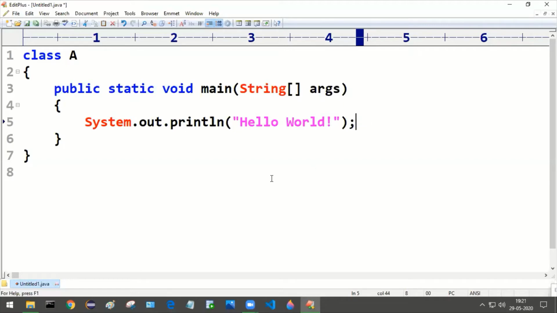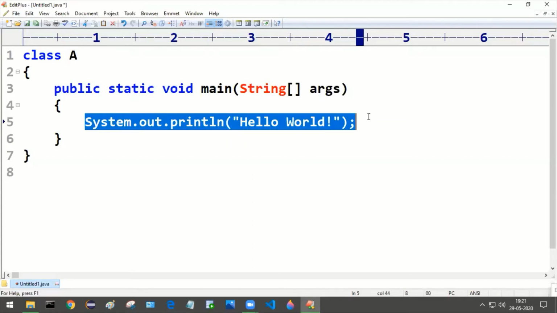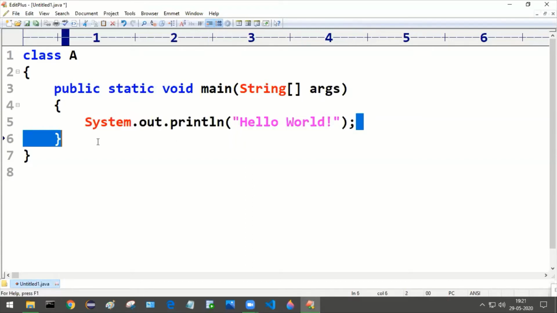Now I'm going to add more system.out.println statements to print the same content. If you want to print the same content in the next line as well, there is a shortcut in EditPlus.